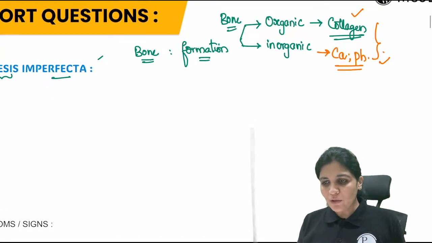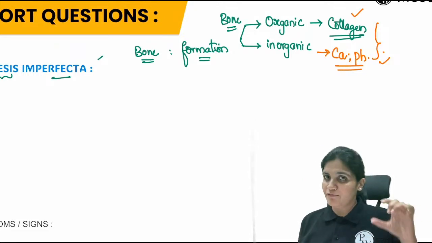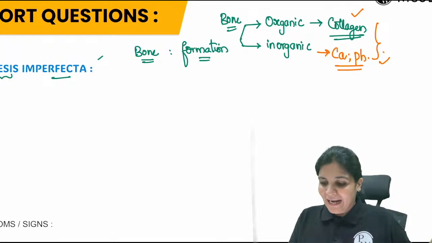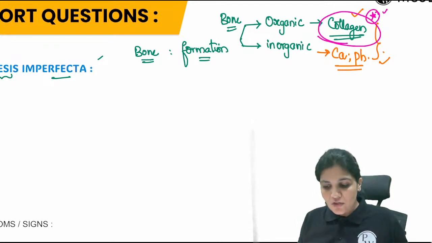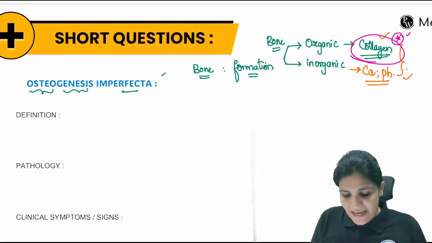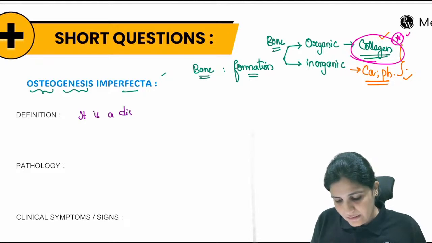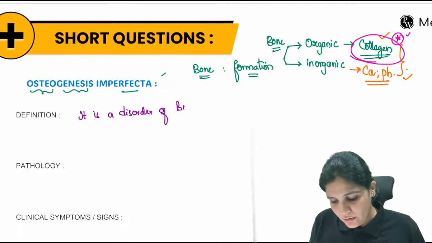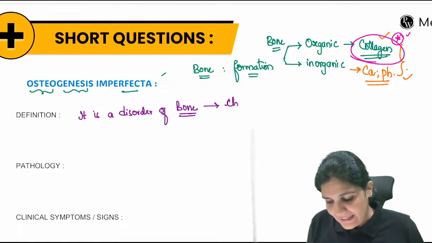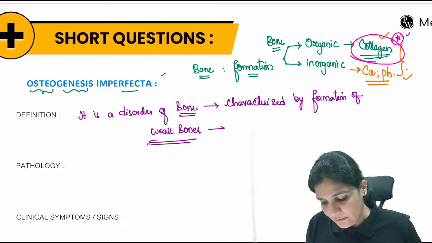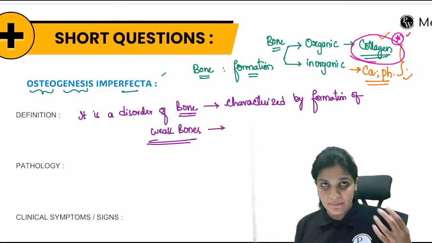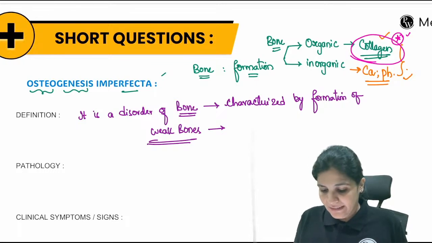So here we are talking about the basics of the bone, where bone is made up of two important components. One is organic, the second one is inorganic. And here why I'm telling you in this detail, because we want to understand the importance of collagen here, because osteogenesis imperfecta is nothing but a disorder of bone, characterized by formation of weak bones. Why are these weak? And how do we come to know that the patient is having this particular disease or disorder? Usually they end up with